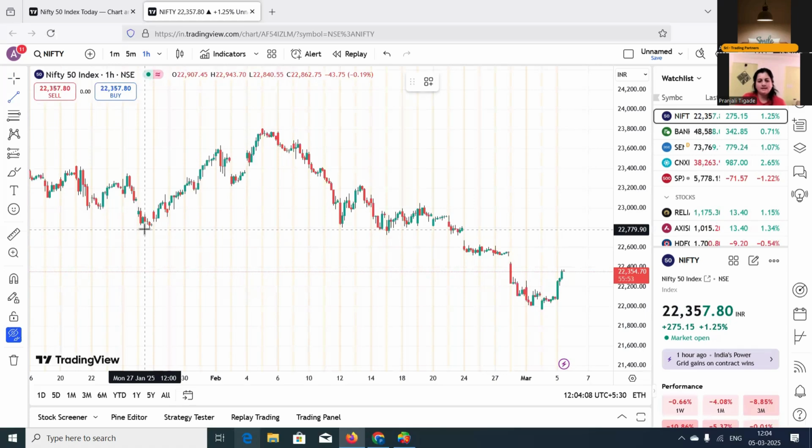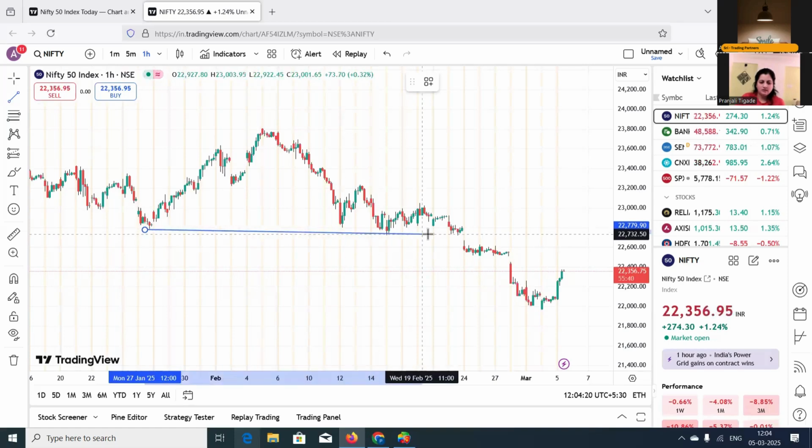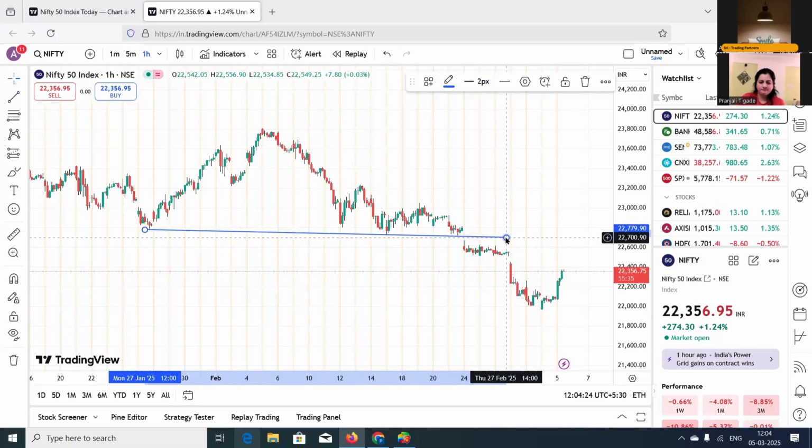So 2 points can be the high of the candle. So you can probably connect the highs of the candle or lows of the candle. So suppose here, what I can see is this particular trend line is forming. Okay. So here what I have done is I have connected the lows of the candlesticks.